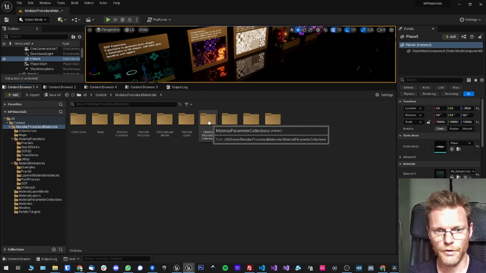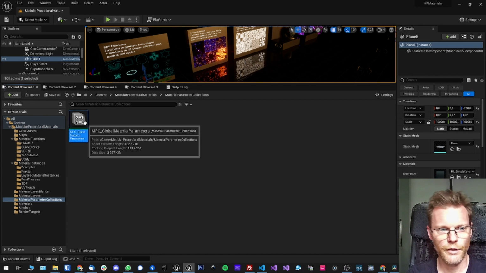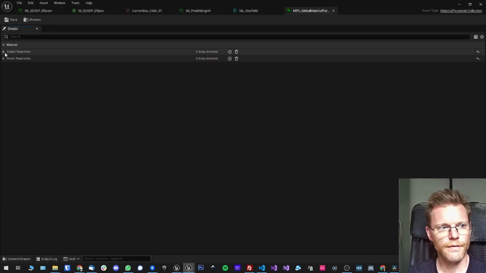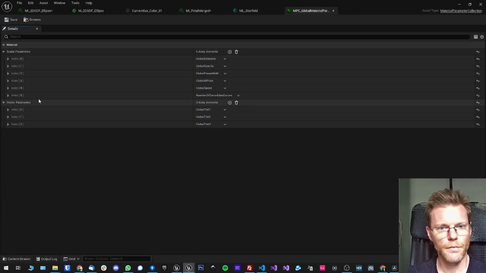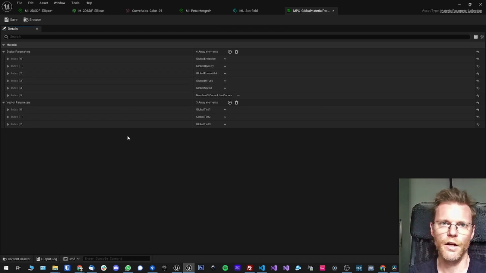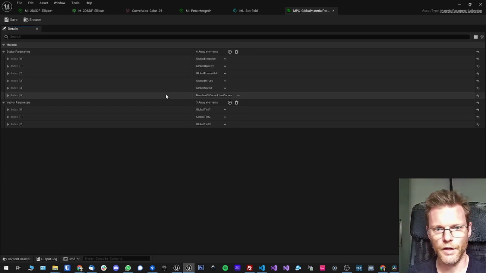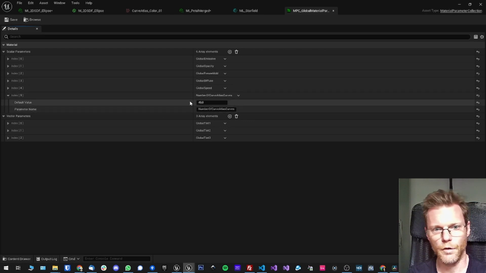Then we have parameter collections. That's only one parameter collection, and it has some global parameters like global opacity, global emissive, and so on. There are functions that read that, that you could add to other materials, so that you have a global parameter to control it. But the most important thing here is that number of curve